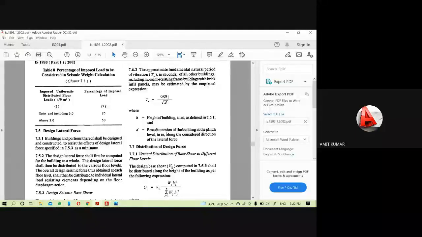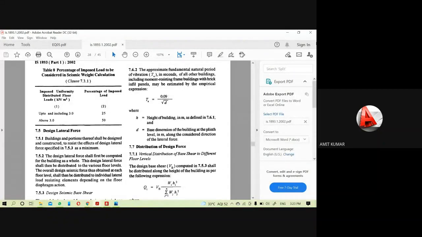Like along the x-axis our structure was 20 meters, and along the width it was 15 meters. So to calculate the period along the x-axis, we have to put the D value 20, and along the z-axis we have to put the D value of 15 meters.